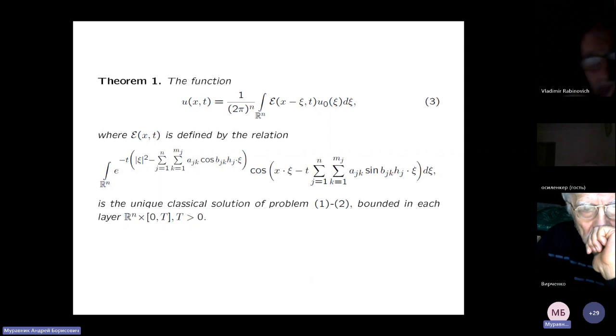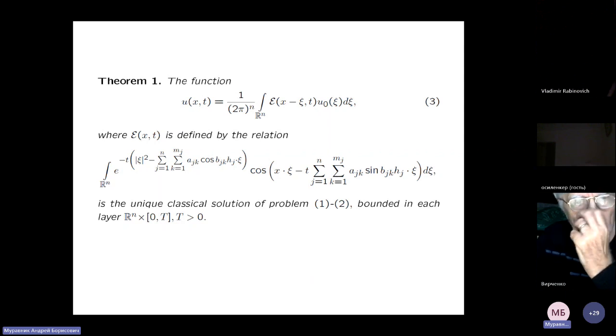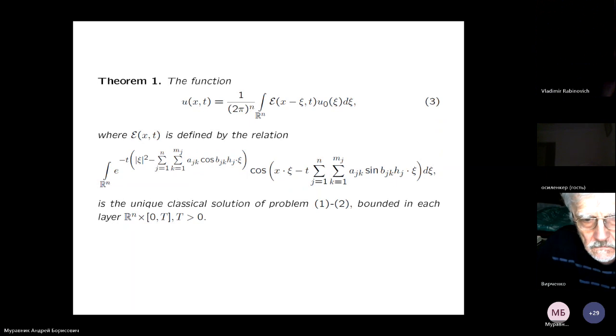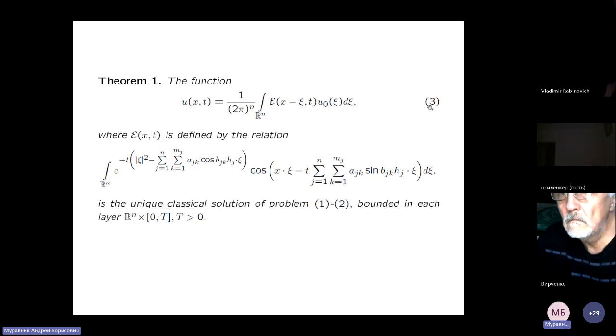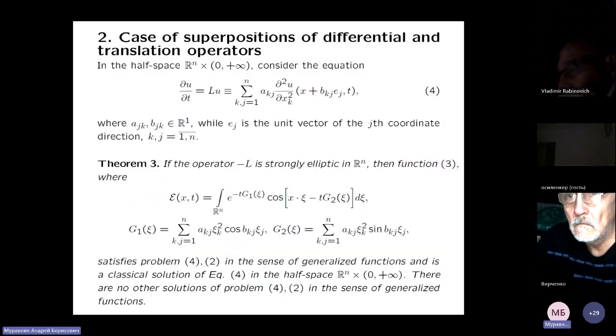But this is a wrong way to explain something, because it's like I take a hat and extract a rabbit from it. I have to explain how we find this function. More exactly, how do we find the Poisson kernel? Let me try to do it.